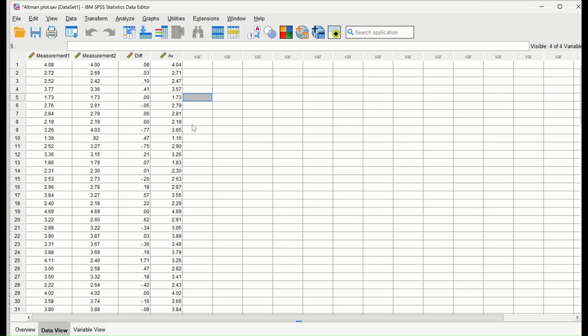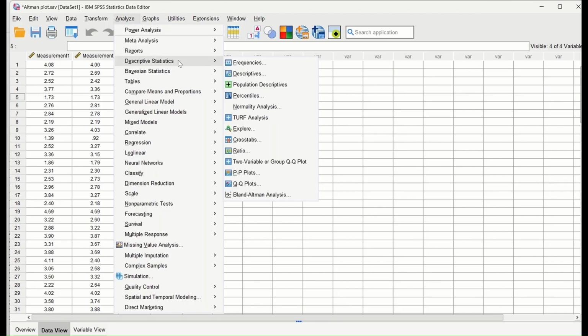So we have here two new variables, the difference variable and the average variable. Those are two important pieces of data to build up the Bland-Altman plot. Before we move ahead and construct a scatter plot, we will first look at the difference variable and determine the mean and the standard deviation for the difference. The way to do that is to click on Analyze, Descriptive Statistics,